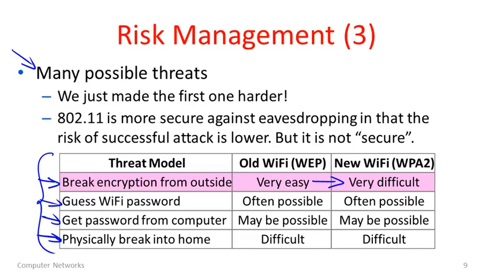What's the point of all of this exercise? The point is that there are many possible threats which would lead to the same outcome of people being able to read your messages. So if we want to understand if a system is secure, we really need to consider the range of threats here, because the weakest one will be the issue. We've strengthened with WEP, we've moved from WEP to WPA2, and we've addressed this threat much more effectively. But there are other threats.